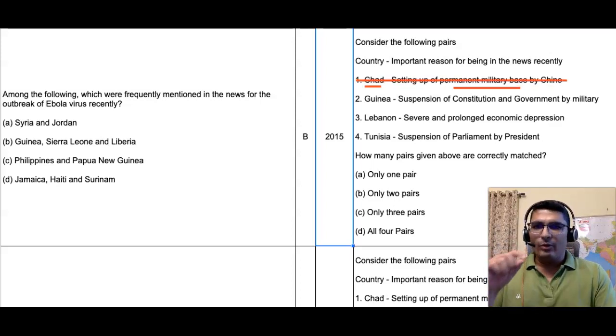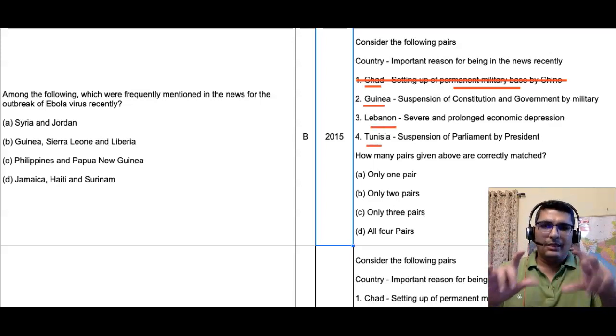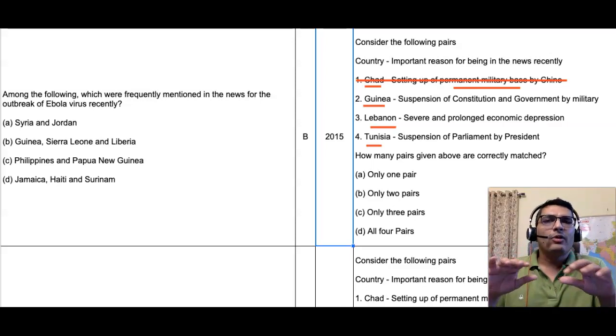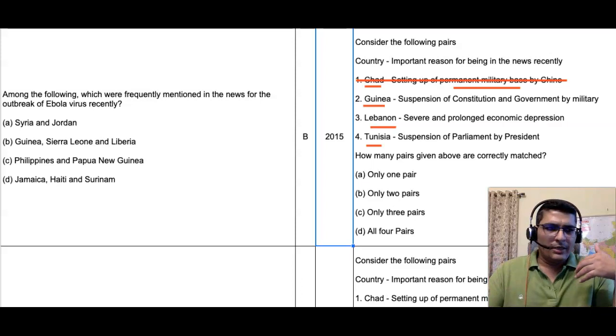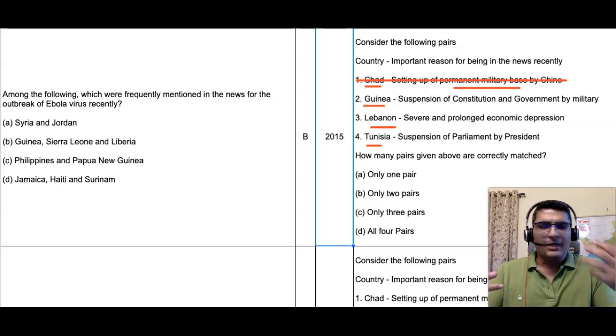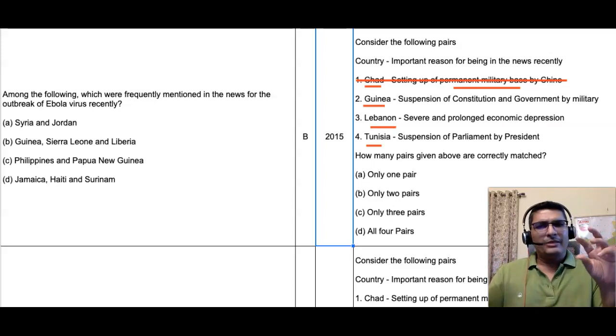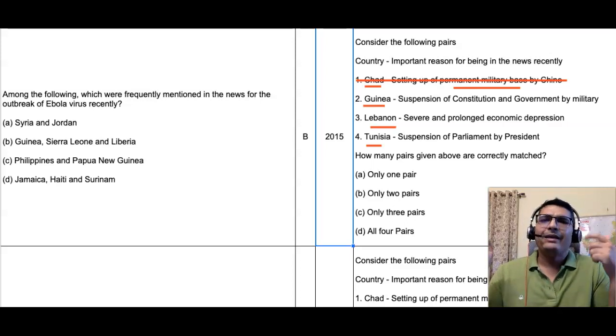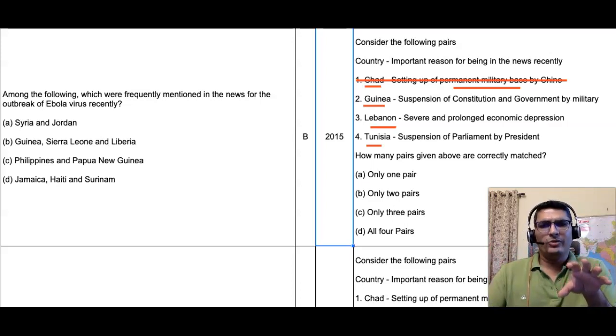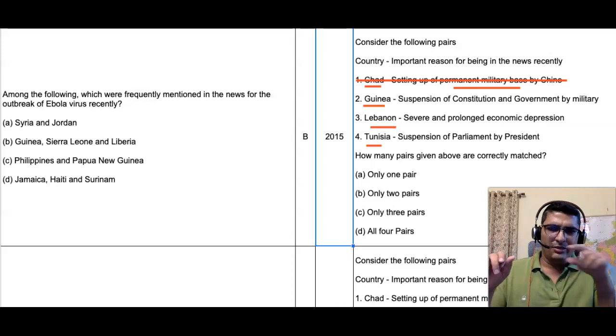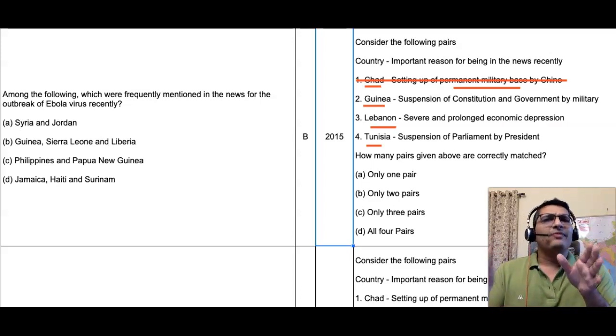Also, if you look at the other three countries, Guinea, Lebanon, and Tunisia, all these countries are never in news for the right reasons, right? For positive reasons or something big they have achieved or some progress. Especially the African countries, Guinea, Tunisia, they are in strife. Civil wars or political turmoil, etc., is happening in African countries. Lebanon is not as politically challenged as the African countries, but still Lebanon also is in the Middle Eastern region, the Mediterranean region, near Israel. So it also is fairly disturbed.